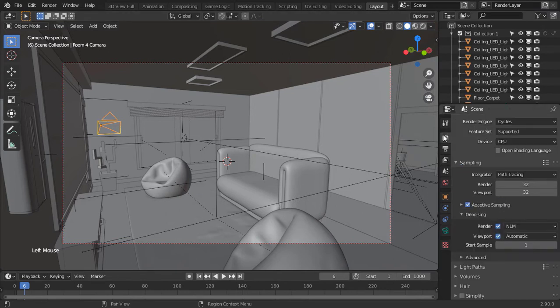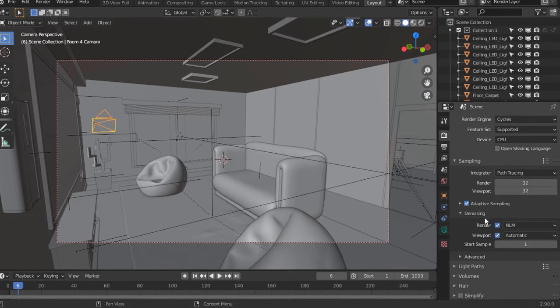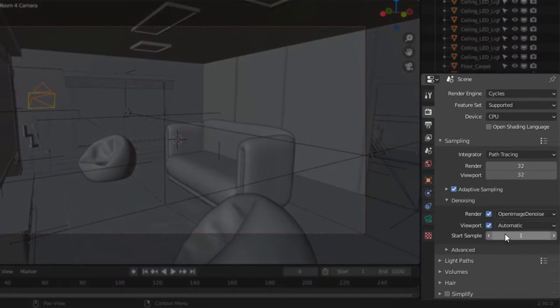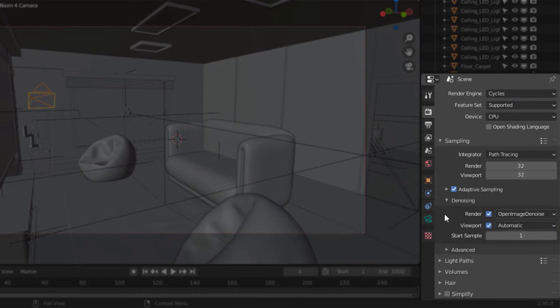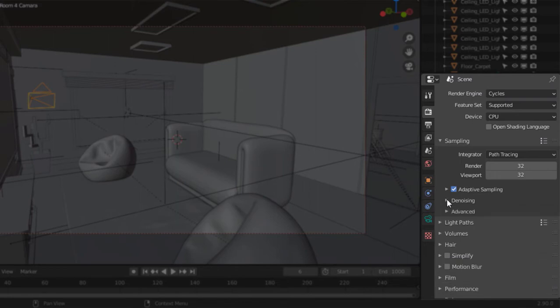Always make sure that the render denoiser is disabled in the denoising section. If you do compositor denoising without disabling the render denoising, Blender will denoise the scene twice. First during the rendering process, and after that it denoises using the compositing process. So, always make sure that the render denoiser is disabled. Now let's set up the nodes.